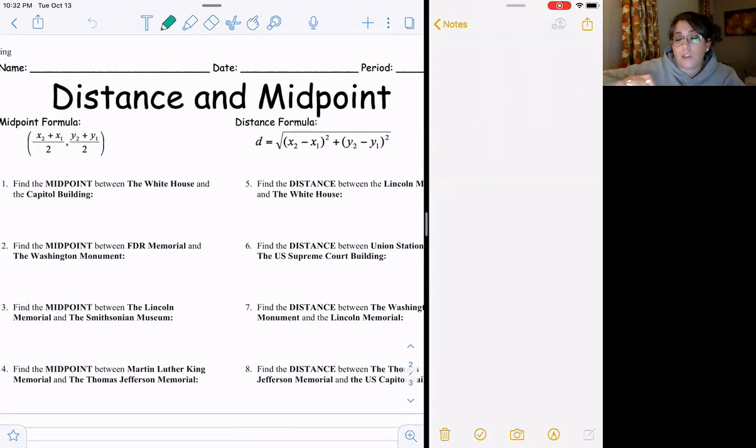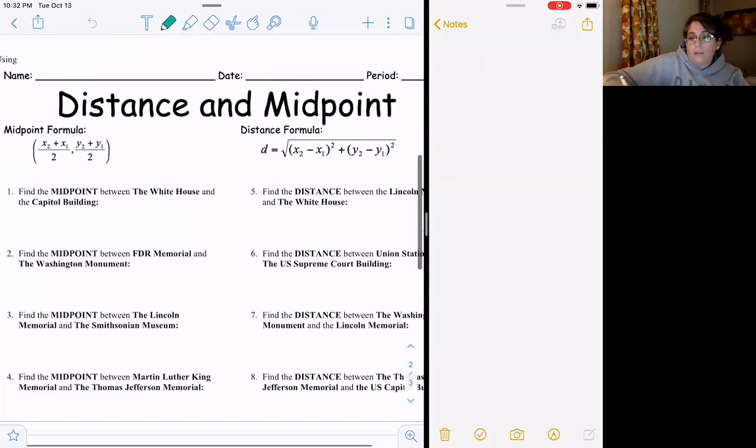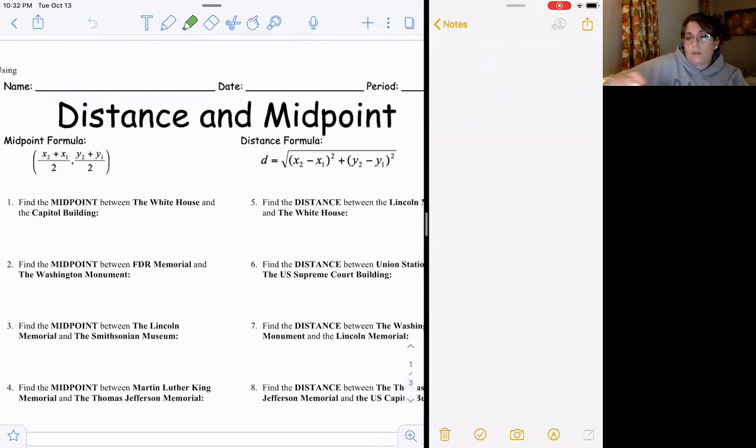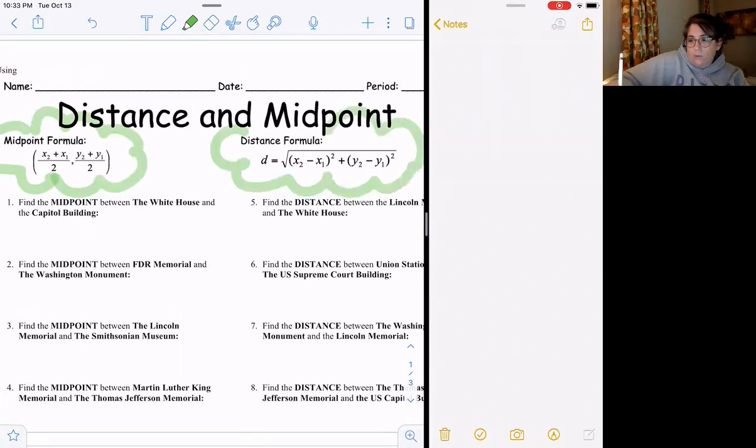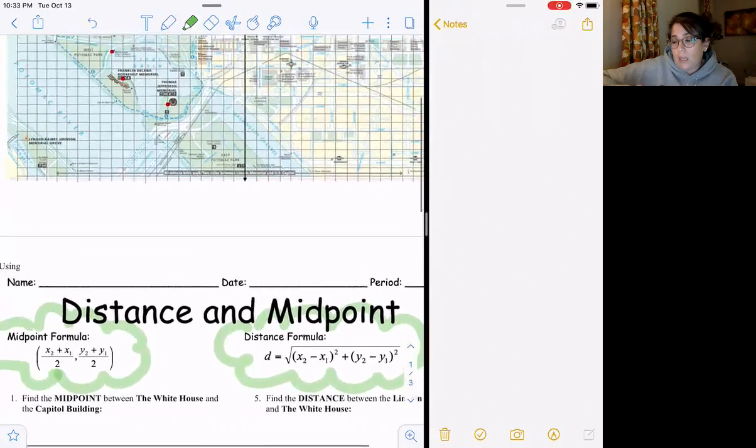You have 8 problems, but there's 2 formulas that you may or may not have seen before. They definitely are formulas that you should have learned either in geometry or algebra 1, but you're looking at the midpoint formula and the distance formula. And so far, we are pretty good at plugging into formulas and getting answers, but I'm going to go over a couple examples of each one just in case. And I'm just going to pick points at random and show the work.